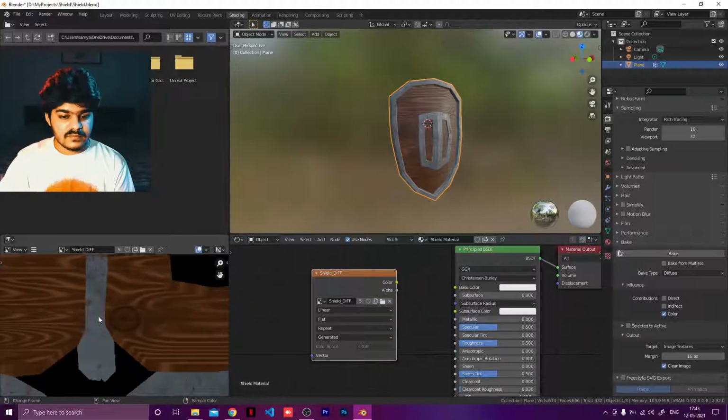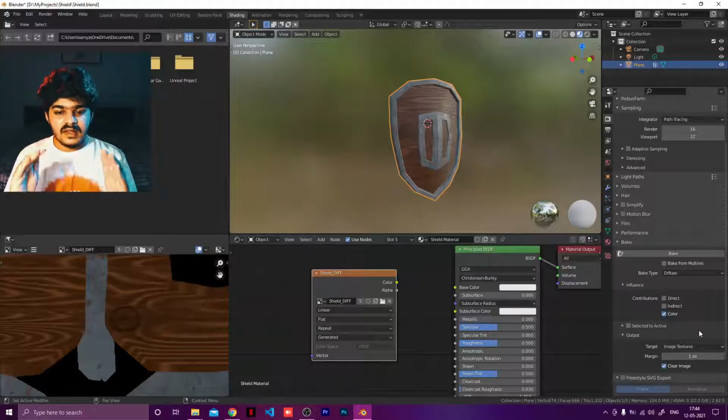This is not what we want, because otherwise it will just creep into the other things. We don't want the overlapping to be there. That is done by the margins. Now you ideally want at least some amount of margin, at least 1 or 2 pixels, so that even if you scale the model, it will not go out of the bounds.